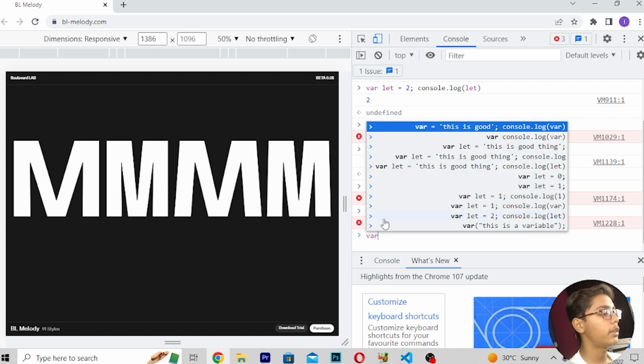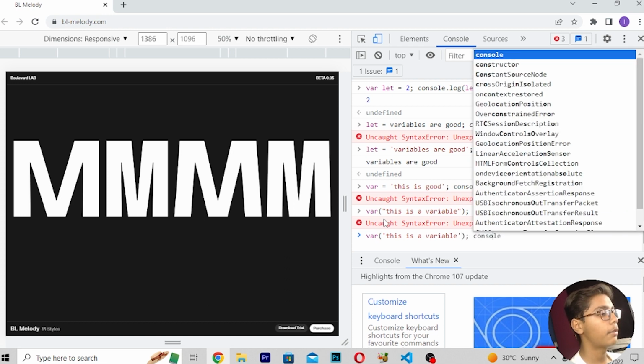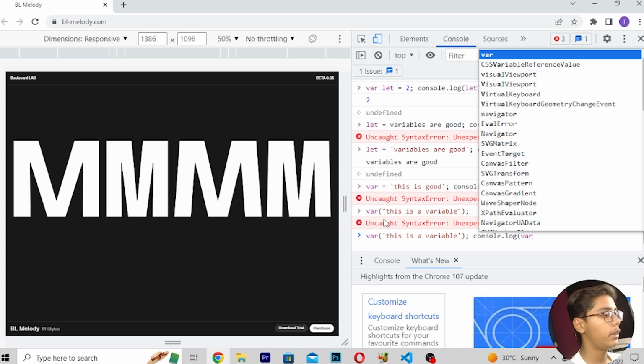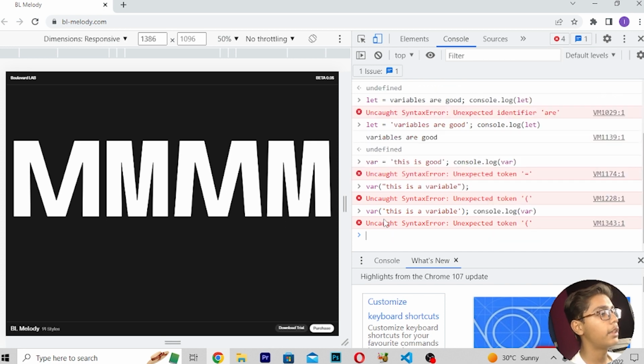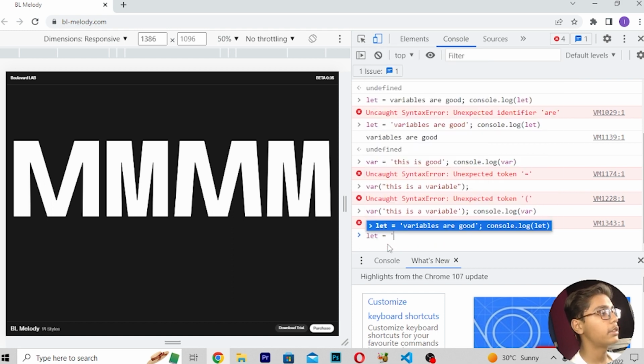So it is showing that it will be not defined here, so I'll write this is a variable again. Now if I write this and close this tag, here you have to define console.log, var means variable, and like this you can define these variables. Then you can write let is equals to, then this is the project name. So here I will now write the project name.